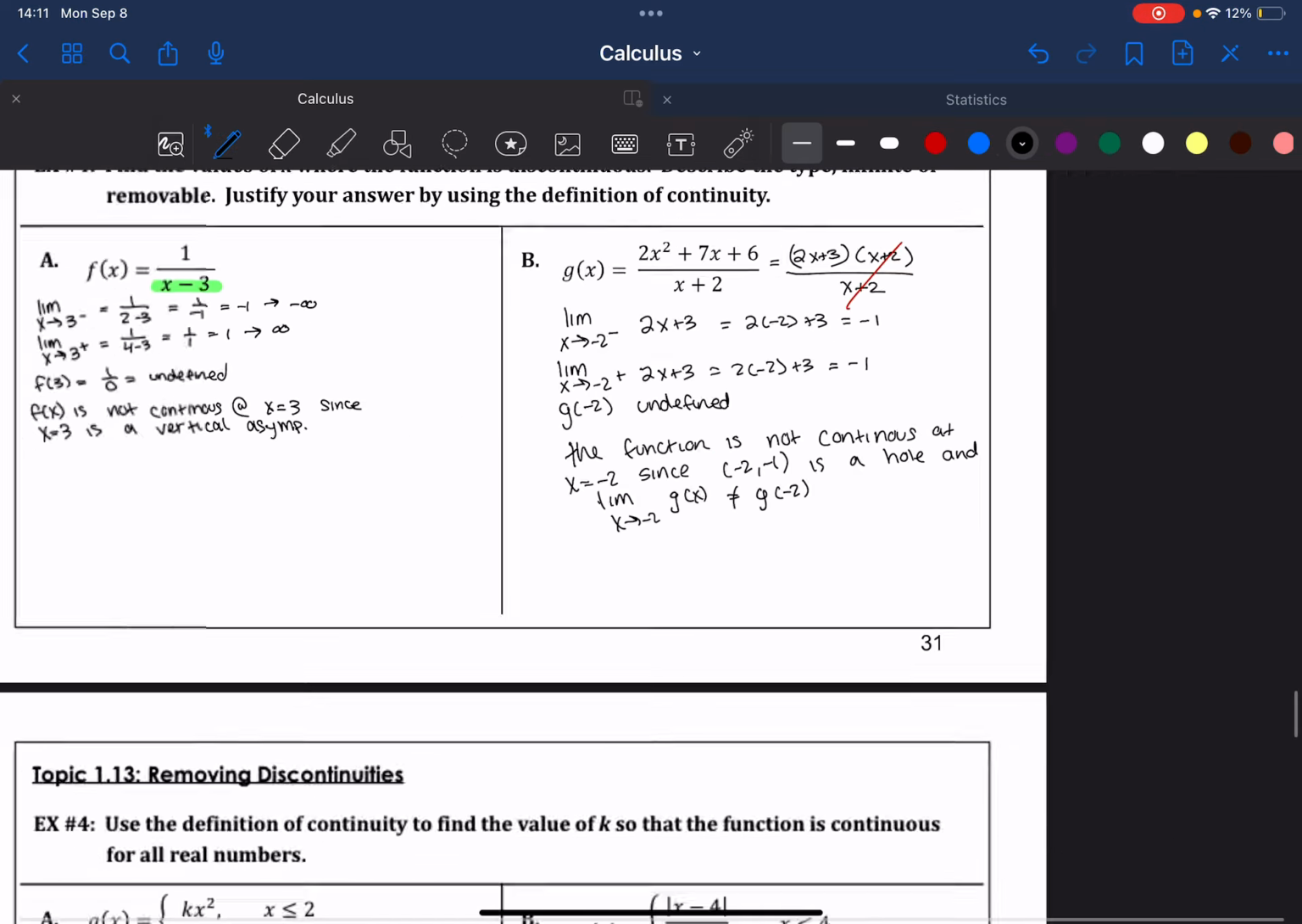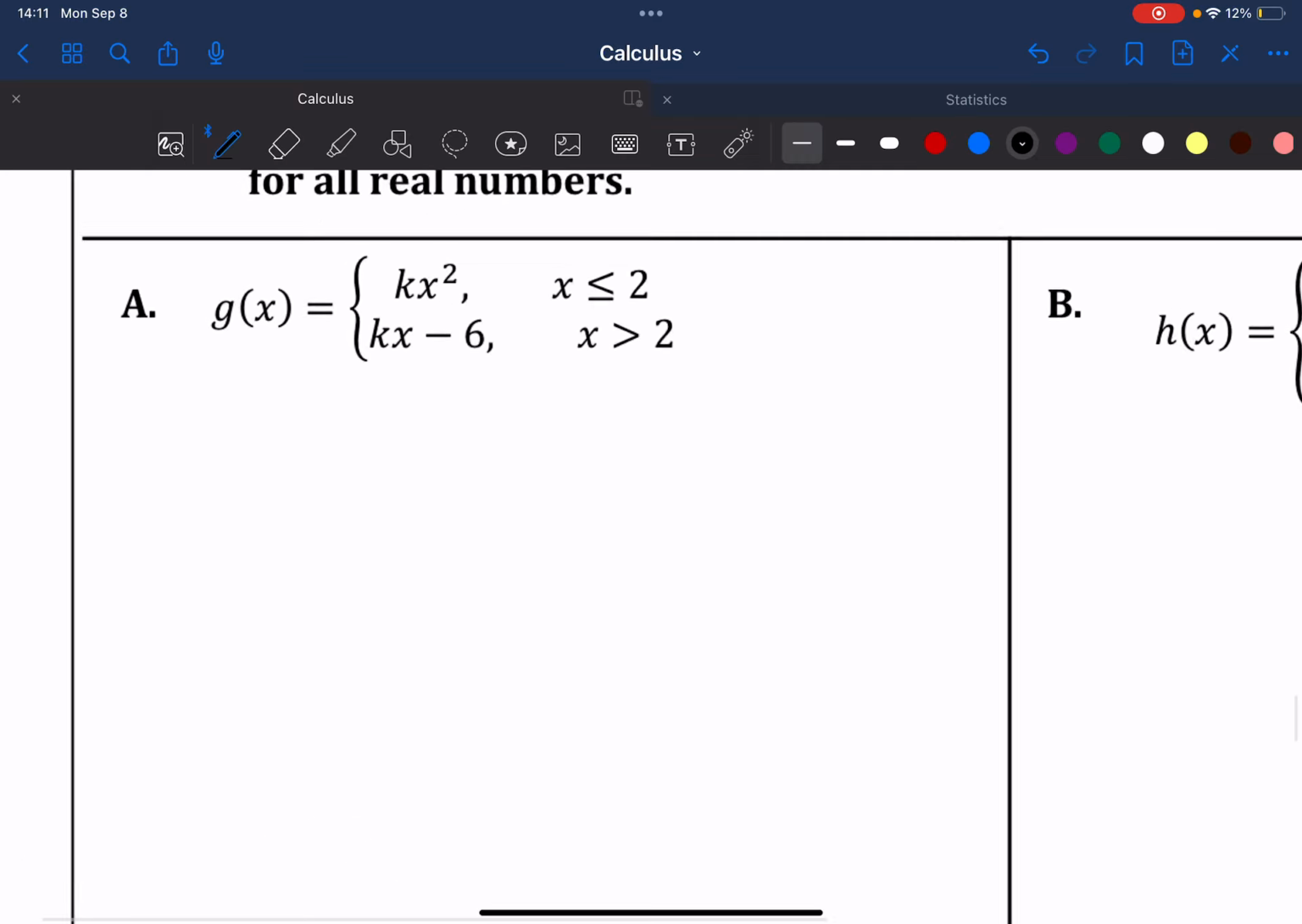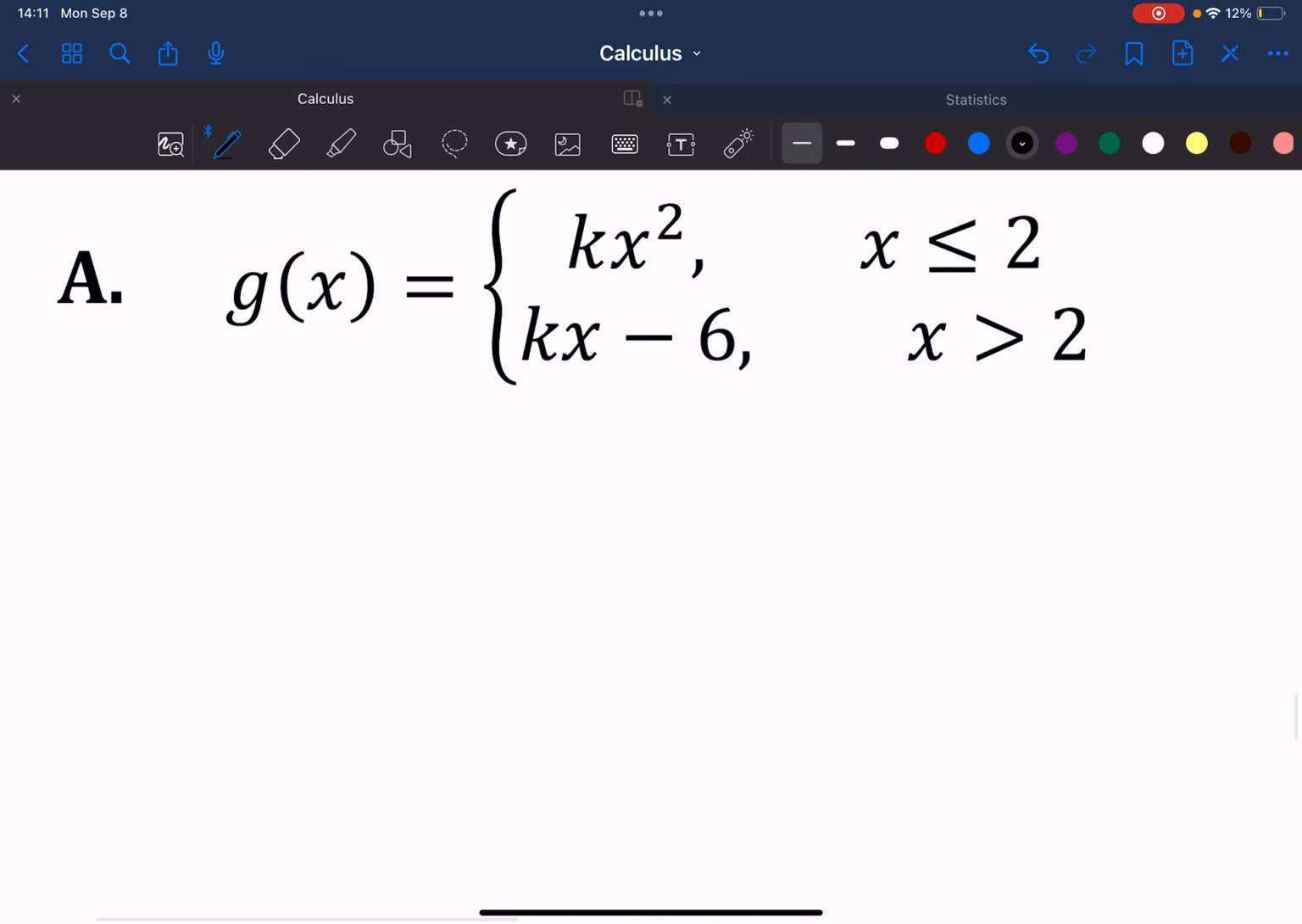Okay, now let's look at the next one. In these ones, notice I have two variables now. I have a variable k and a variable x. It wants me to use the definition of continuity to find the value of k so that the function is